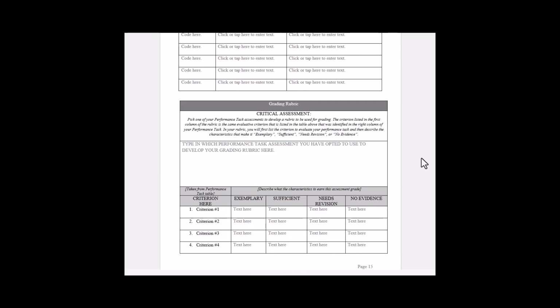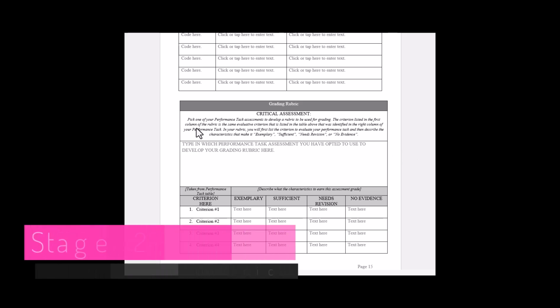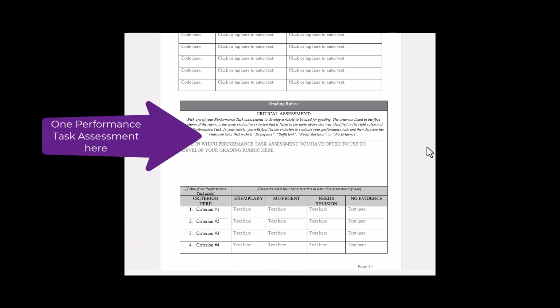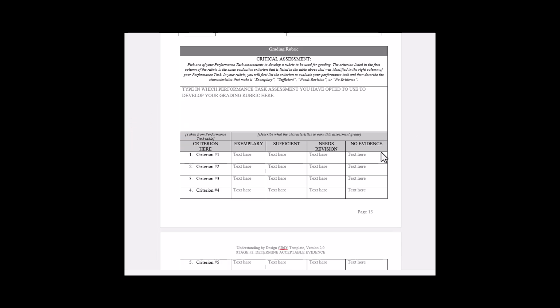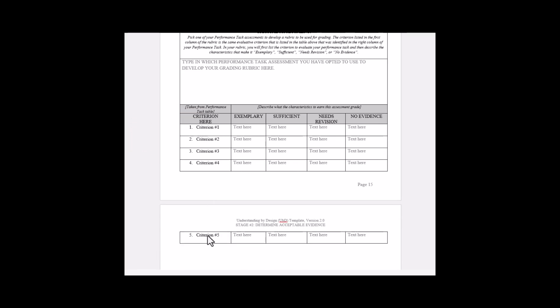The next we'll be looking at the grading rubric. So you'll pick one of the performance task assessments, and we will develop a rubric to be used for grading. The criterion listed in the first column of the rubric is the same as what was listed in the table above. So you'll put your criterion here, 1 through 5, and then here is what you will put to succeed